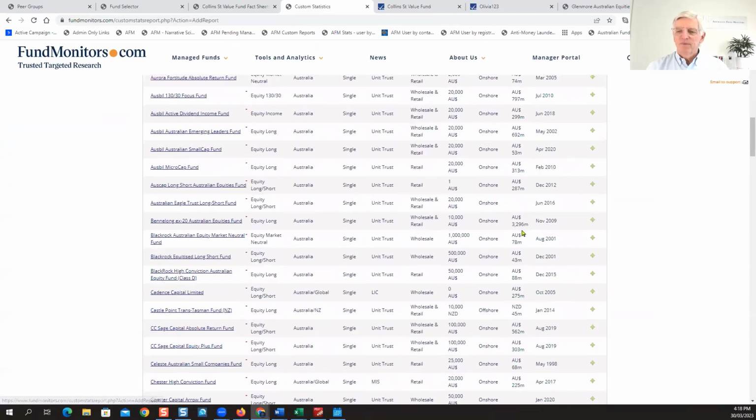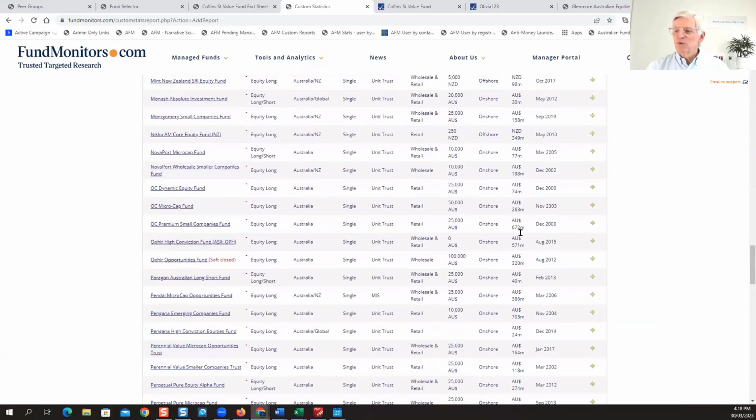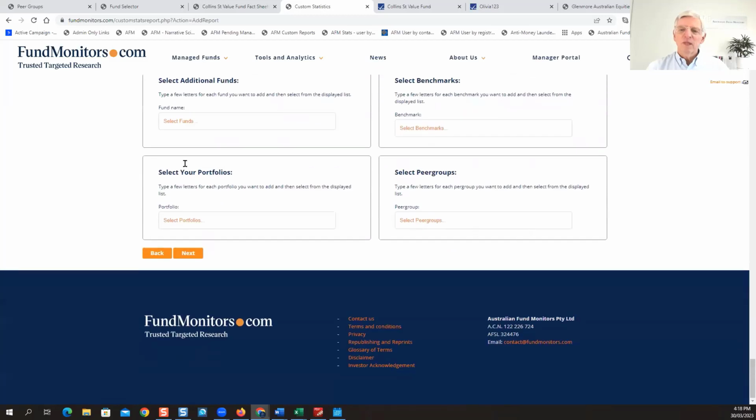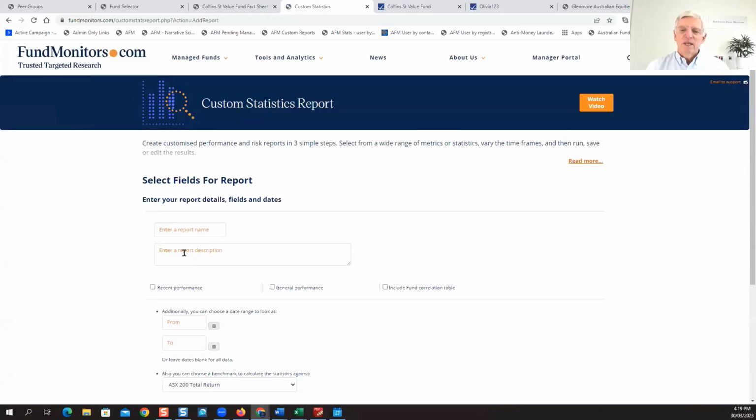It might take a while to sort all these, but let's see what happens. I can add additional funds, select benchmarks if I want to. I can select portfolios, we'll come to portfolios in a moment, and peer groups. If I give it a report name and a description,